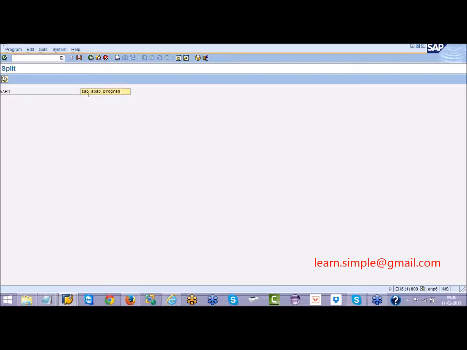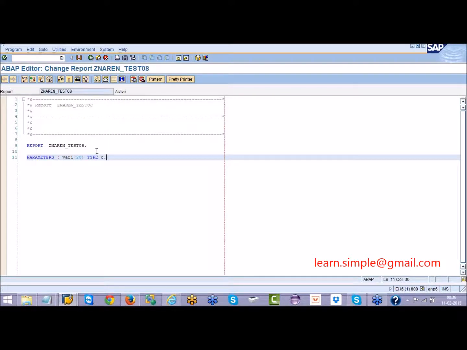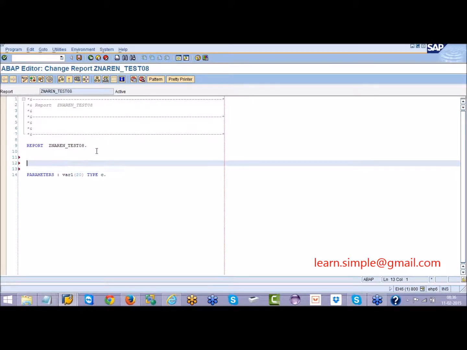Now how many variables do I need to split this? 3 variables I need, because SAP will go into one variable, ABAP into another, program into another. So I have to declare 3 variables here. Data variable 2, which has a length of 20, type C. Here I am declaring with more length.